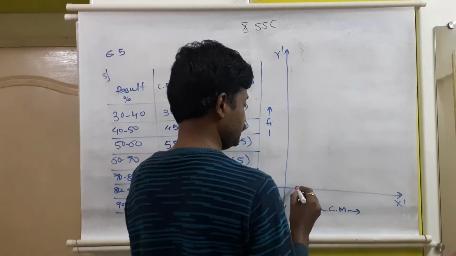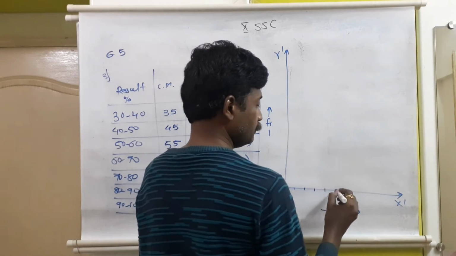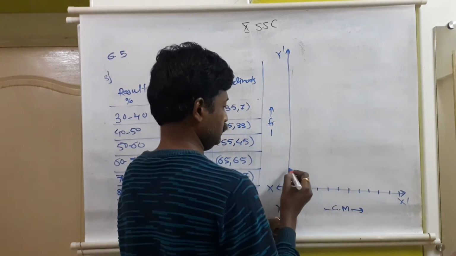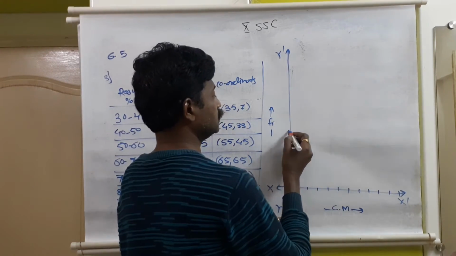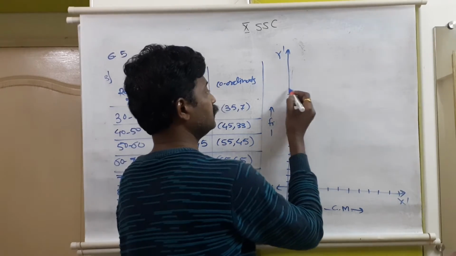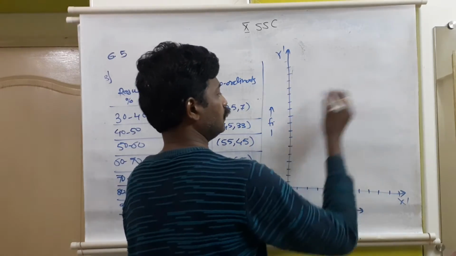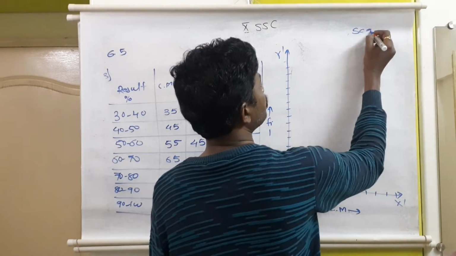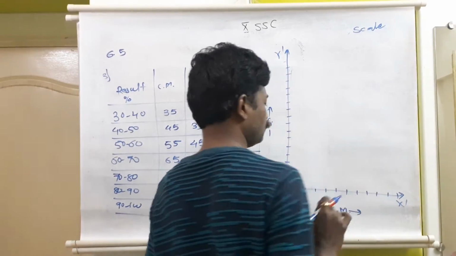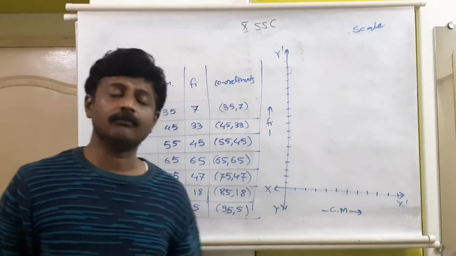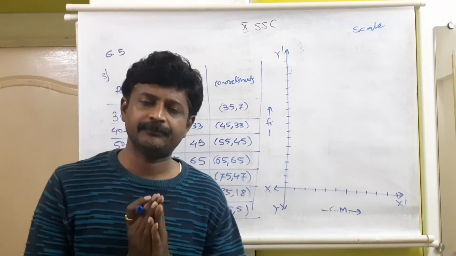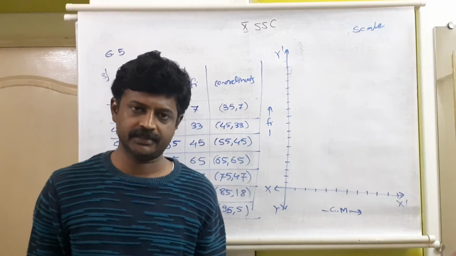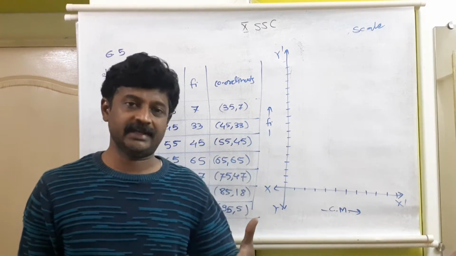Now you already have the marking on graph paper, but as it is a plain board, I will just do the marking. You people already have the marking on the graph paper, vertical and horizontal both. Now here the scale will come on the x-axis and y-axis both. If the scale is the same on both axes, you can just write on both axes: 1 centimeter is equal to so and so units.